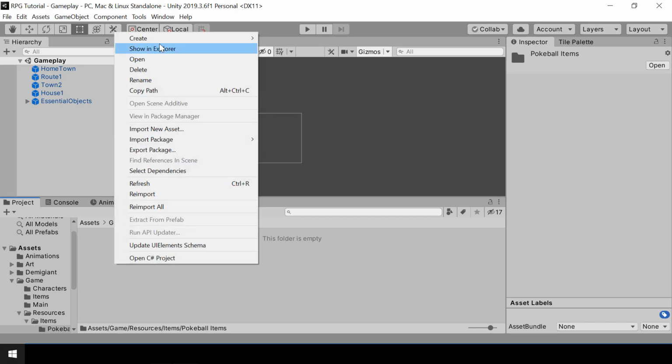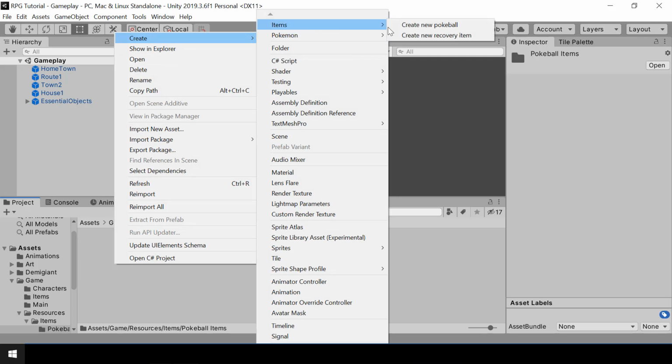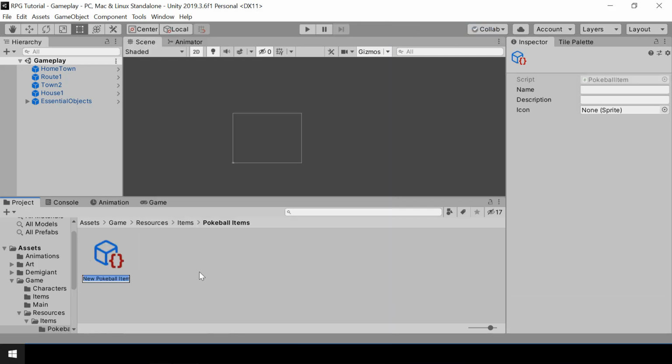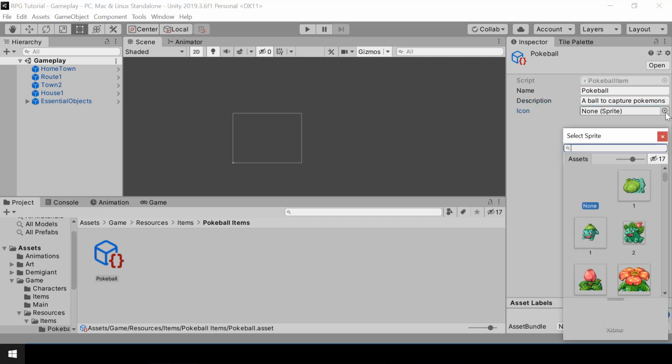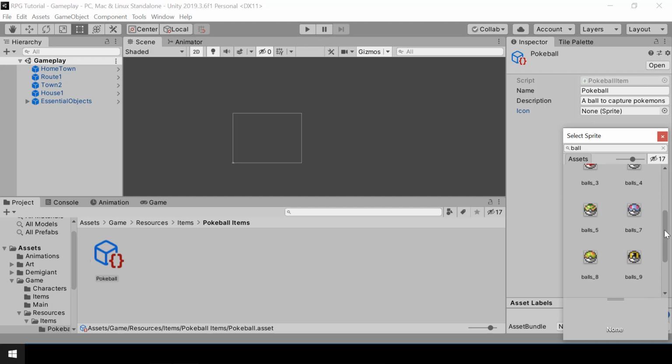So first let's create a normal Pokeball. So if you go to create items and create new Pokeball, this will create a Pokeball item for us. So I'll just name this Pokeball and also change the name over here. So this is going to be the normal Pokeball. So let me give it some description and I'll choose a sprite for it. So we have the sprite sheet with lots of Pokeballs that we imported while implementing the Pokemon capturing mechanic. So for this Pokeball, I'll just choose a normal Pokeball